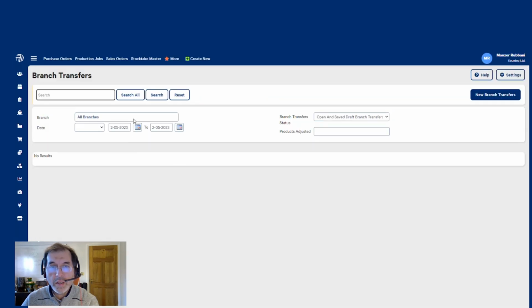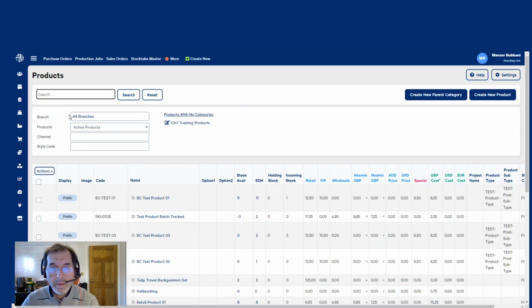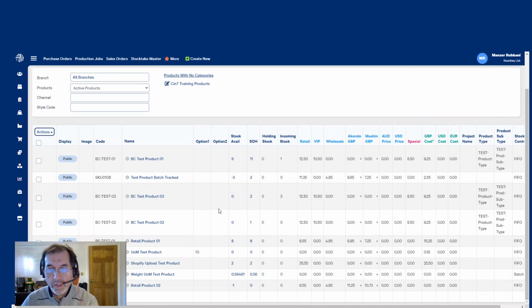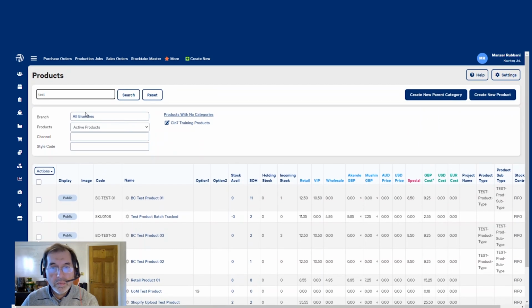If you now go back to your product screen and filter by this product, we can see where that product has gone. Let's filter by the branch.